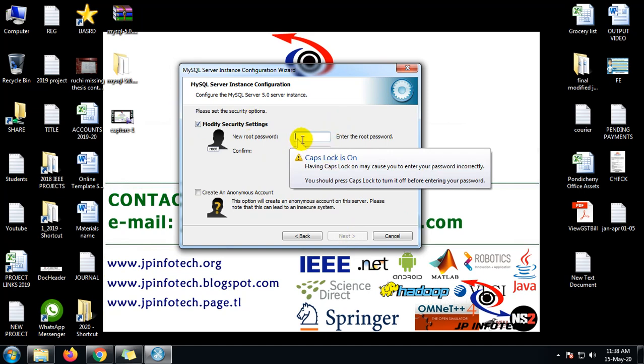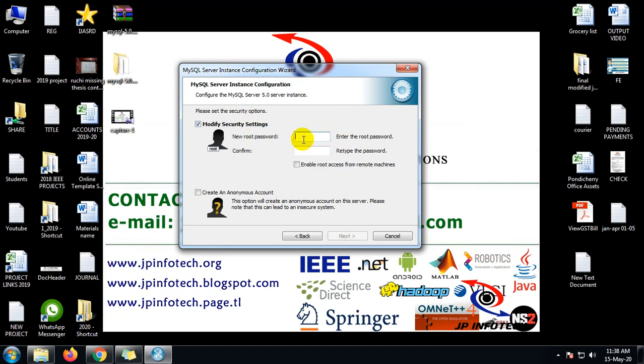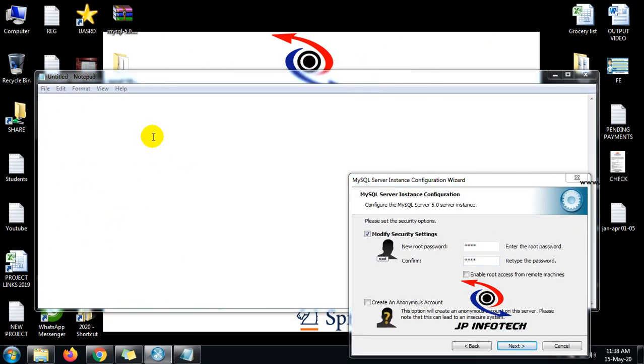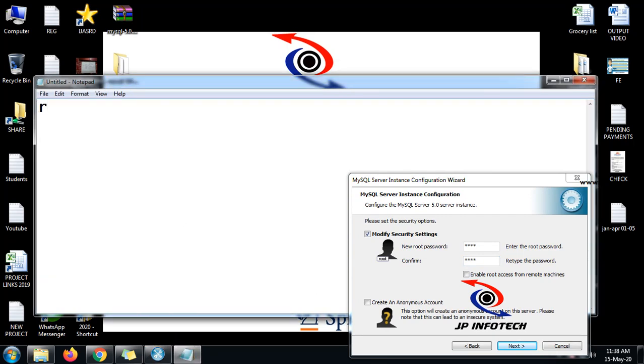In this option, you click here and enter the password as root, R-O-O-T, all small letters.